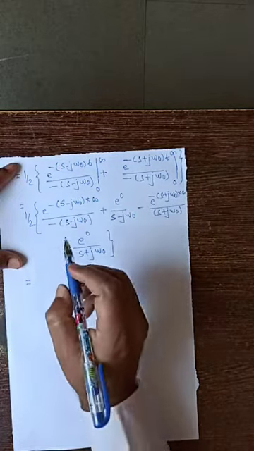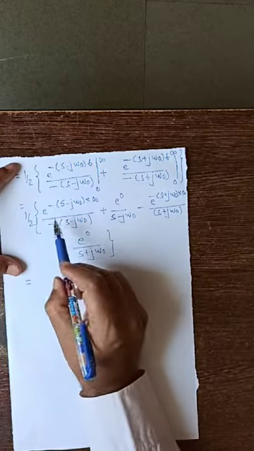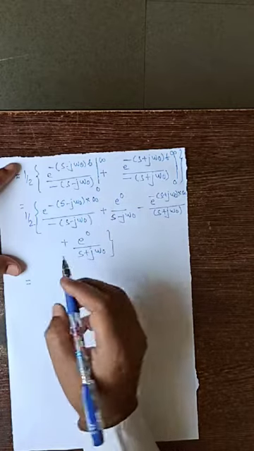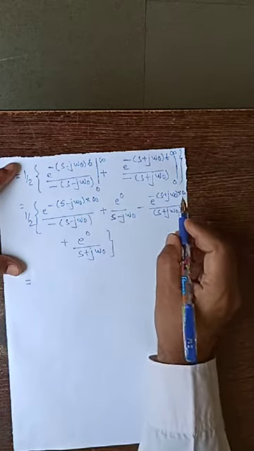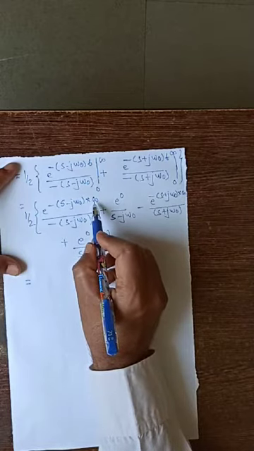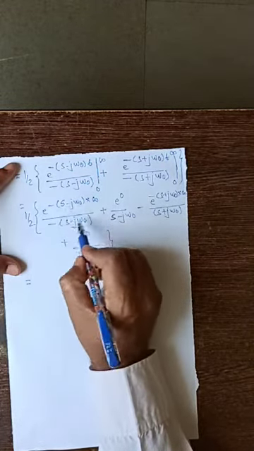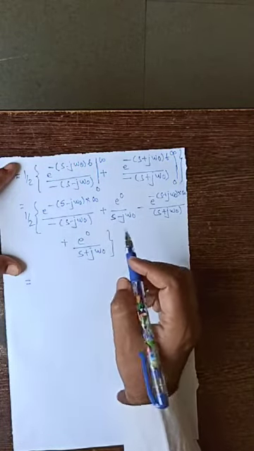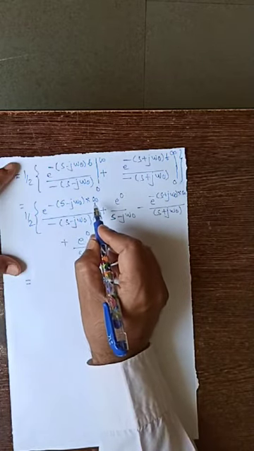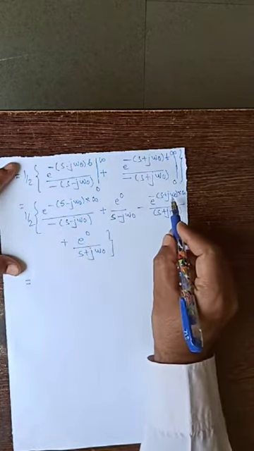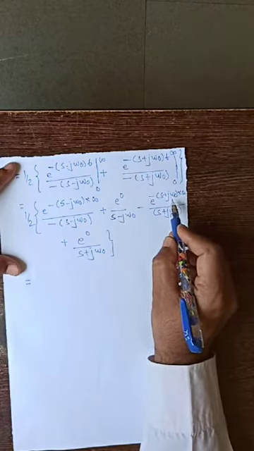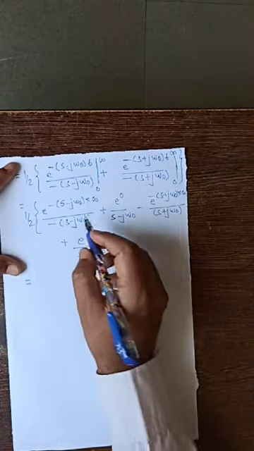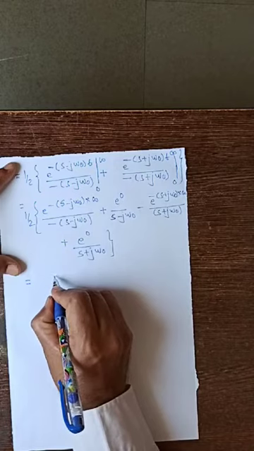Now just see here, e raised to, now it becomes minus infinity. E raised to minus infinity is equal to 0. Again here e raised to minus infinity. So in this case, just see here, for this term to be equal to 0, or the entire term to be finite, this should be e raised to minus infinity. Again this should be e raised to minus infinity. So minus sign is there, here minus sign is there. So this term becomes 0.